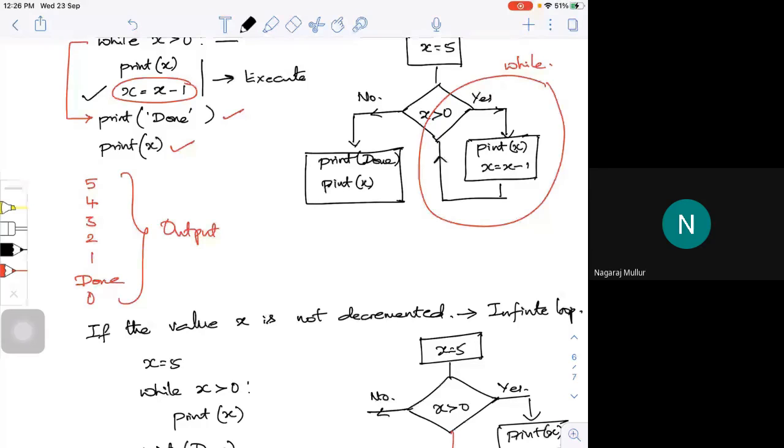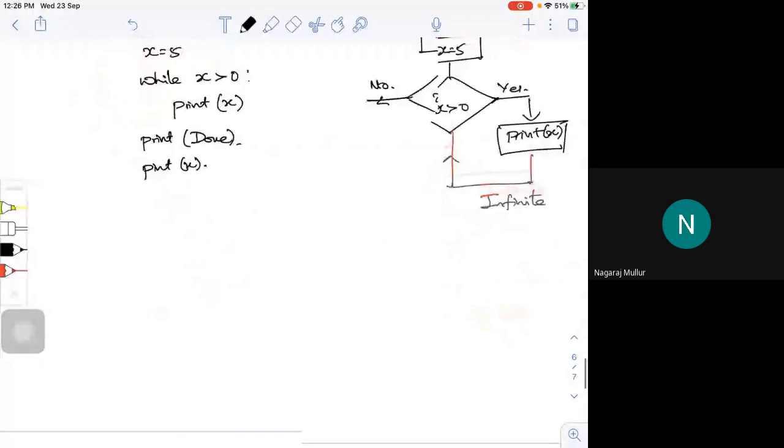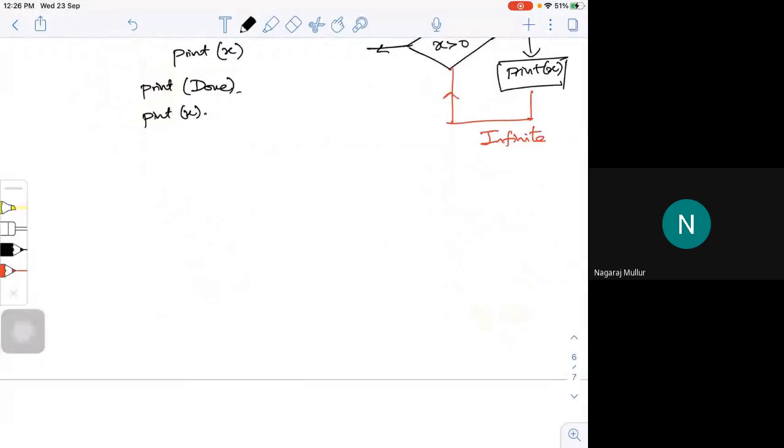Okay. Is there any way I can come out of this loop forcibly? Yes. If I want to come out of the loop, I use a statement called break.